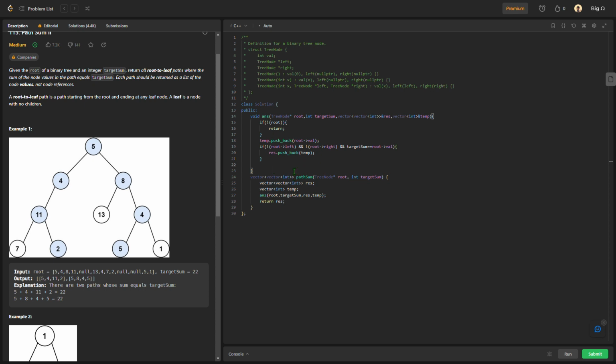Okay, after doing all these things, what you need to do is go towards the node's left and right. So answer, root left, and then target sum minus root value, and res and temp remain the same. Then answer, root right, after iterating towards all the left of that node. Now go towards the right and subtract the root's value